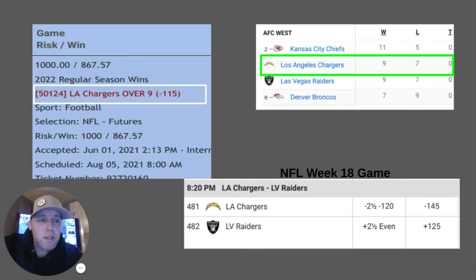A good rule when thinking about hedging is to simply ask yourself, is it a good bet? Because at the end of the day, that's all we want to do, is make a good bet. So is the hedge bet a good bet?